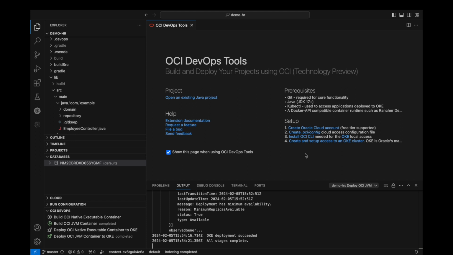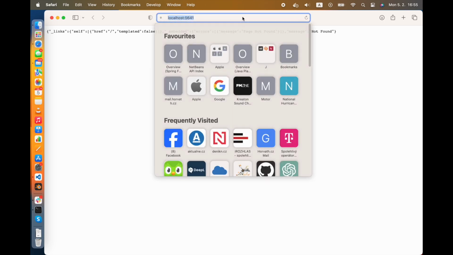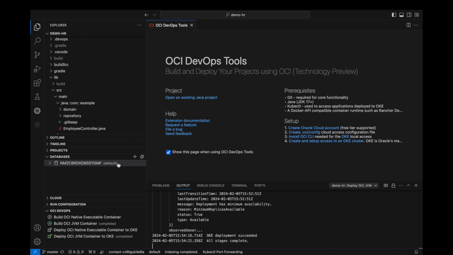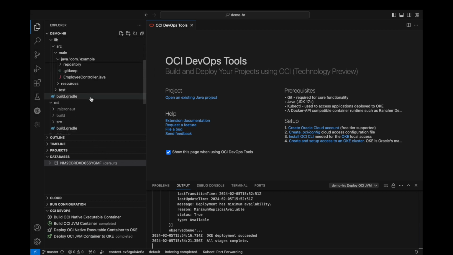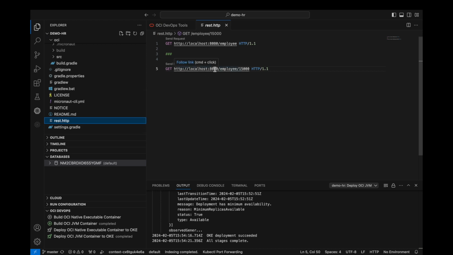The deploy pipeline finished successfully and we can test the app. Hit the Open in Browser button. This will create a port forward to the running pod and open a link in a browser. We want to use the REST client for testing again, so we only copy the port number from the browser and return to VS Code. Open the requests file stored from the local testing, replace the port number, and run using the Send Request code lens.